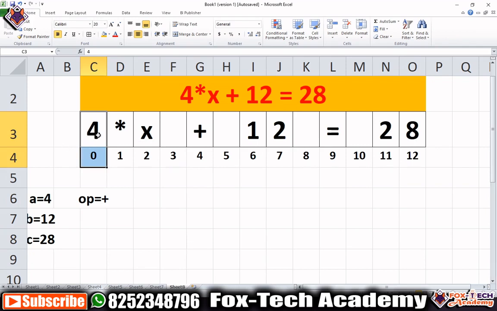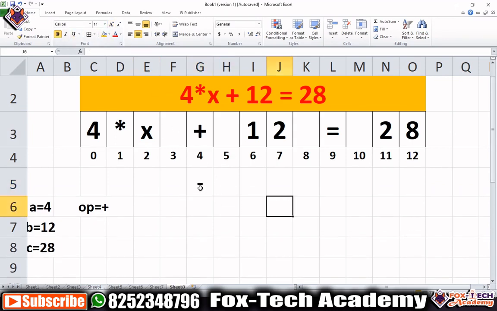So what we will do, we will first take this 4. Before taking this 4, we will use the substring method, and first we will find this star. Whenever we find this star, we will take the substring from 0 to before this star, right? Then the loop will run again, and whenever we find this operator, plus or minus, because in the question you will see they have also mentioned another expression. In that expression they have this value as minus. So we will check this one also.